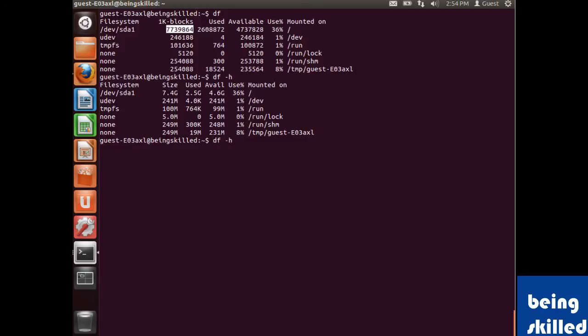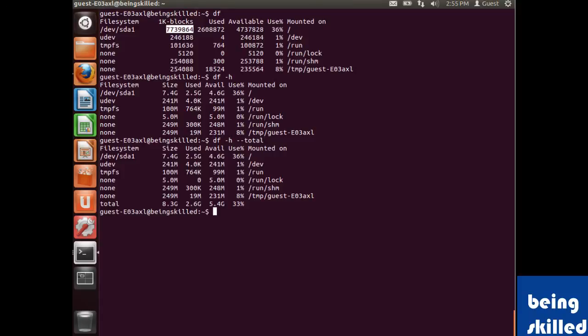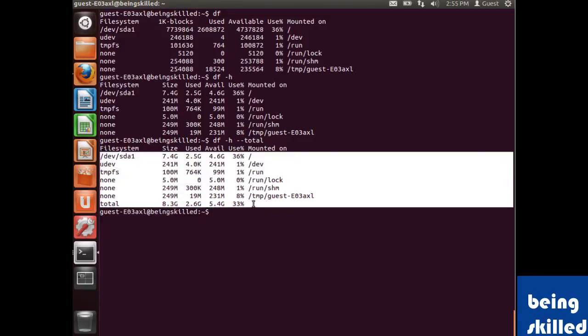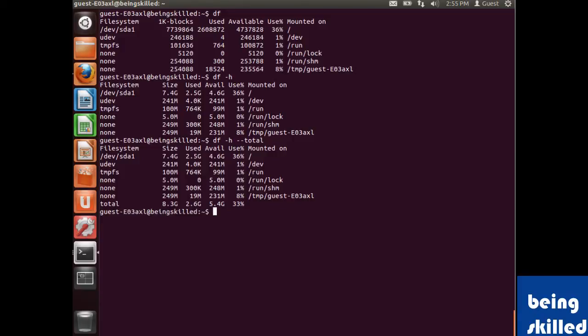Now if you want to know what is the total space available, then we will use double hyphen total. So it will list all the file systems, active file systems, and then the total size of the partition or the hard disk. So it says the total size is 8.3 gigabytes, used is 2.6, available is 5.4, 33% is currently used.